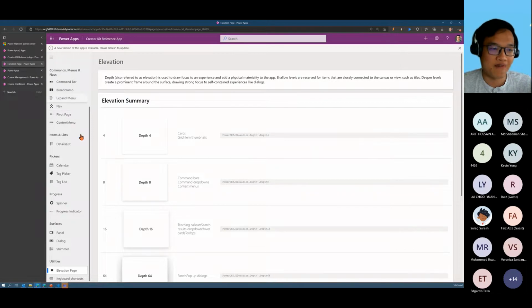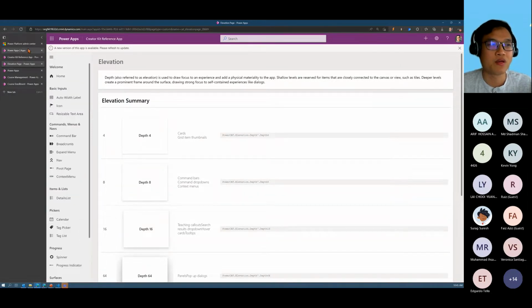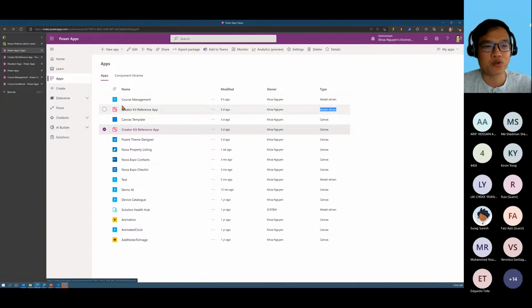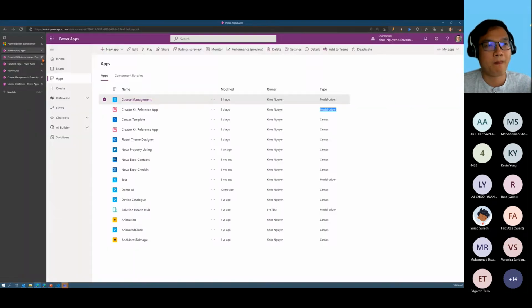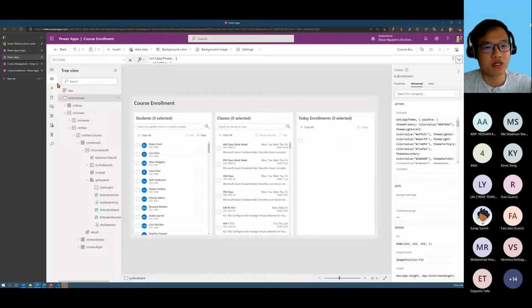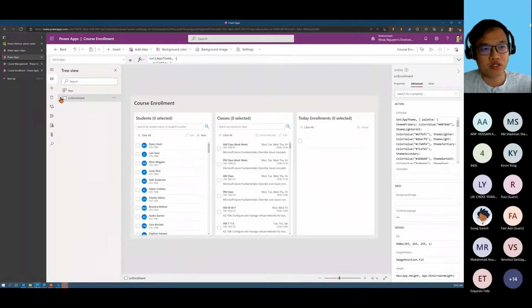And so you see here we have a lot of custom controls. So it is better for you to just install the Creator Kit solution, and you have everything here for reference, and then you can just use it in your custom page. So quickly, just quickly, how do we use those controls in our custom page? So here, if you open your custom page and you have already installed those solutions,